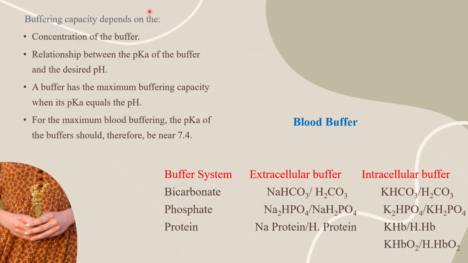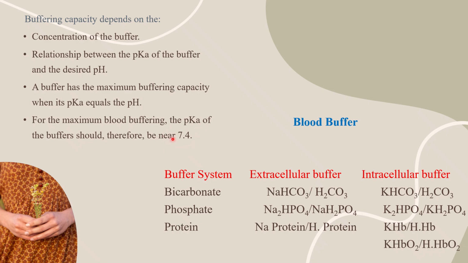Now, buffering capacity depends on the concentration of the buffer and the relationship between the pKa of the buffer and the desired pH. pKa is basically the ionization capability of any acid or buffer, and pH is the negative logarithm of the hydrogen ion concentration. So a buffer has the maximum buffering capacity when its pK is very close to the pH, right? For the maximum blood buffering capacity, the pK of the buffer should therefore be near